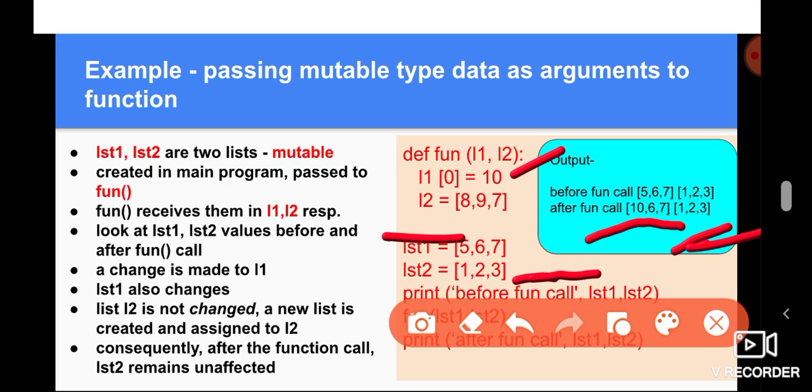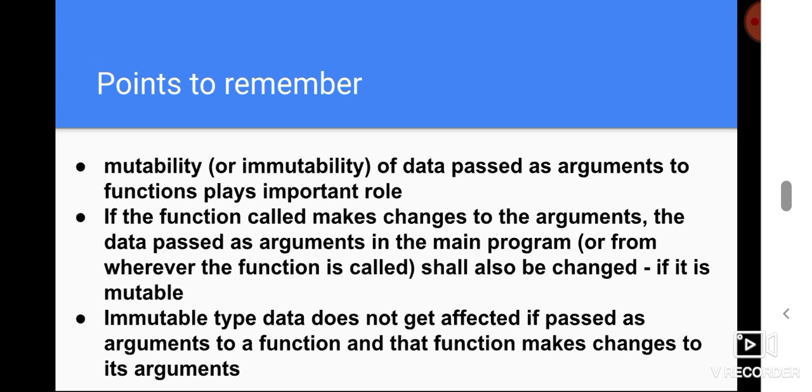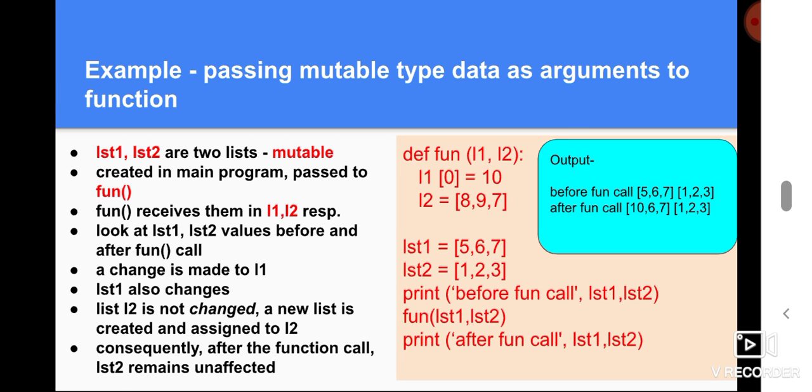See, both LST1 and LST2 are just lists which are mutable type data, and both of them are passed to function fun. But what happens with L1 is that a part of L1 is changed. Okay, and an item at a certain index is being changed. Right, see what happens when LST1 is passed into L1, then LST1 and L1 both point to the same list in the memory. Okay, no copy of the memory is made.